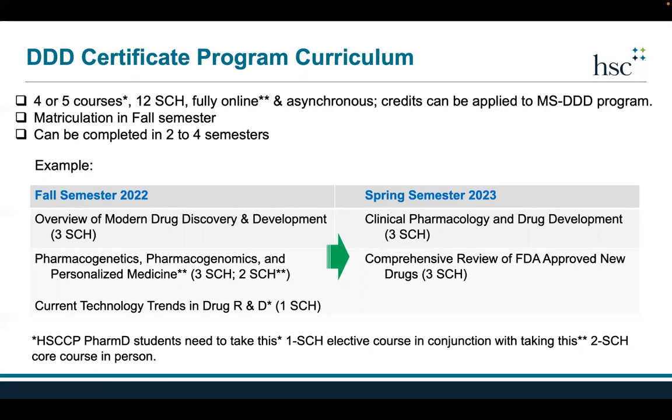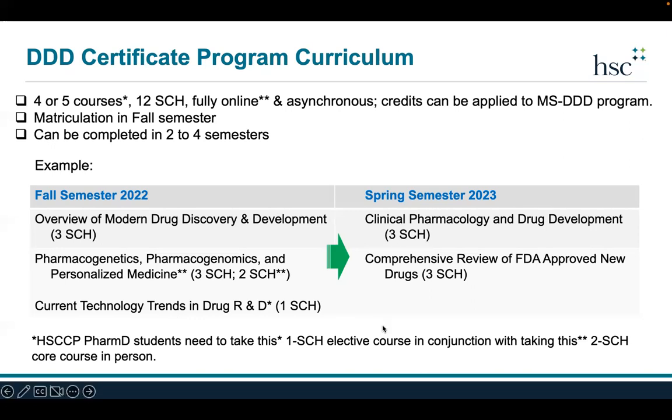Those courses are offered fully online, and the credit earned can be applied to the MS DDT program. Students are matriculated once a year in the fall semester, and this certificate program can be completed in 2 to 4 semesters. There's a special case for our pharmacy students who will need to take this 1 semester credit hour